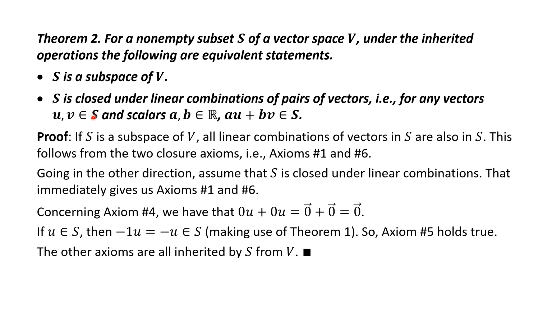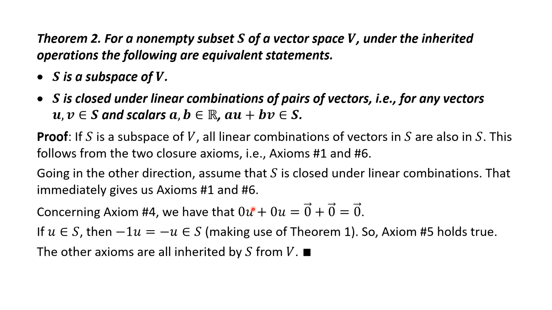So if you take u and v in S and any two scalars from the field, in this case R, then the linear combination is in S. So assume that's true. That immediately gives us the two closure rules, axioms number 1 and 6. Axiom number 4, we have that from just taking the scalars being 0 and taking the same vector, or we could take different vectors. I took the same vector u, and so you have 0u plus 0u, and we proved earlier that this is,